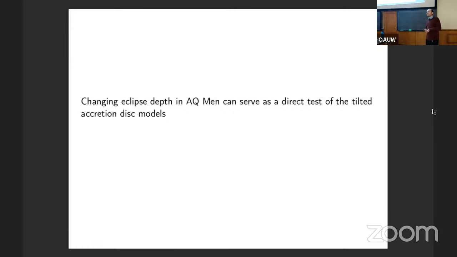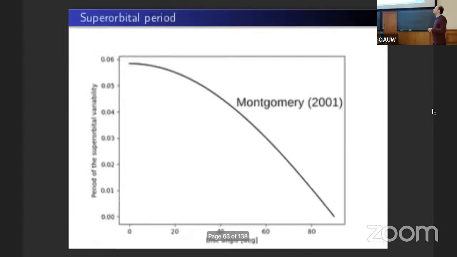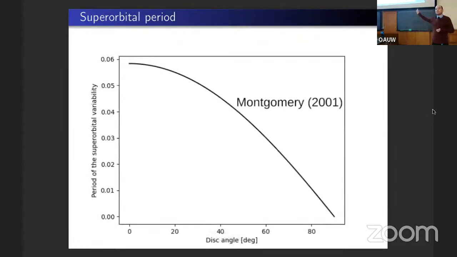And this is, I think, a pretty important discovery because it is not intuitive that the accretion disk can be outside of the orbital plane. And IQman showed direct observation of what was predicted by theory. So for the first time, it is a direct proof of this theory. This is what I published last year.